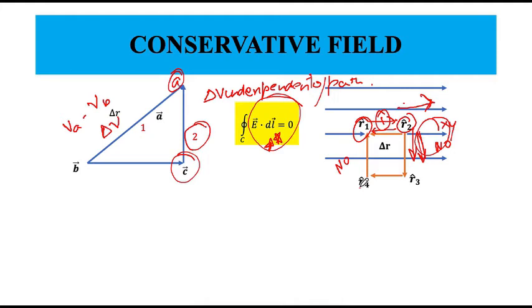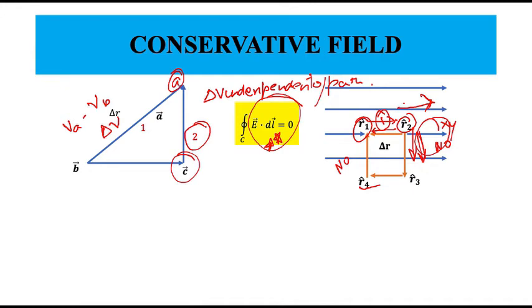Okay, so if you move on a horizontal scale, the potential energy would not change. If on the mountain top you move horizontally, the potential with respect to sea level would not change. However, if you take the person to the edge of the mountain and then drop the person, all the potential energy that we have given to the person to get from sea level to the mountain top will now be given back in the form of kinetic energy. The man gets accelerated and all the potential energy gets converted into kinetic energy.